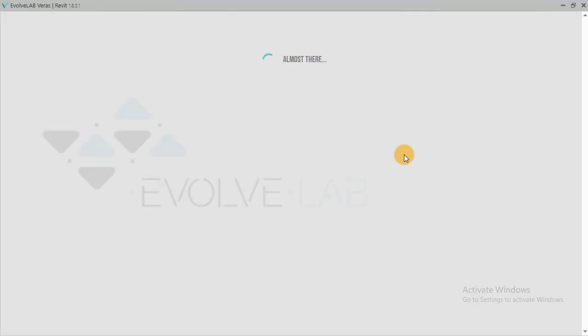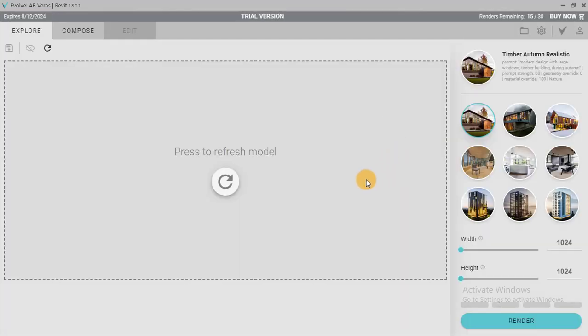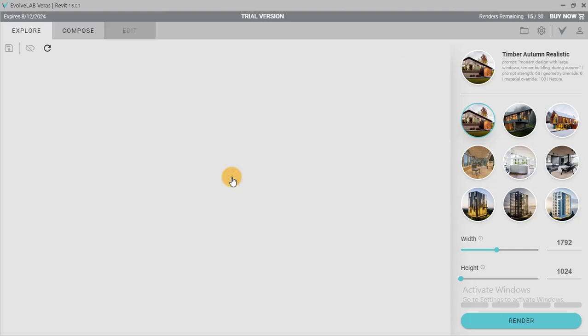So let's see how to use this plugin and how to create rendering by using the artificial intelligence in Revit. Once opened, you can see this interface. You can press to refresh the model, and by default it will bring up